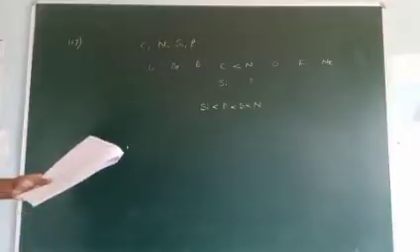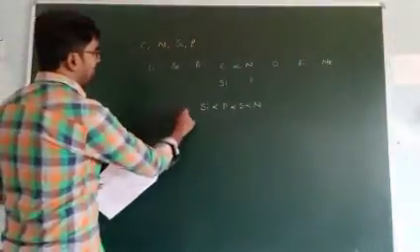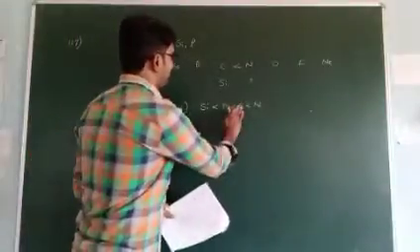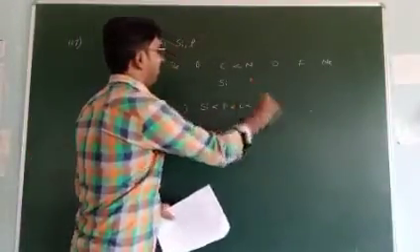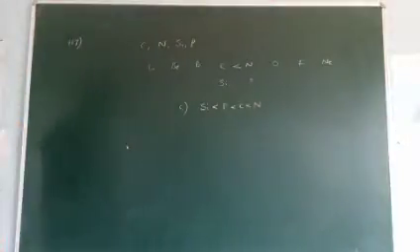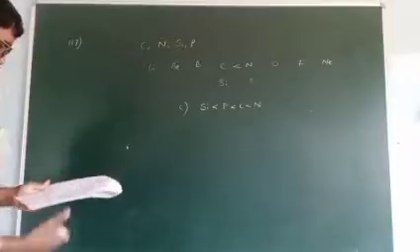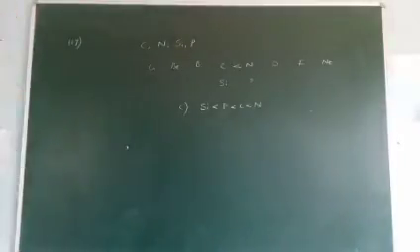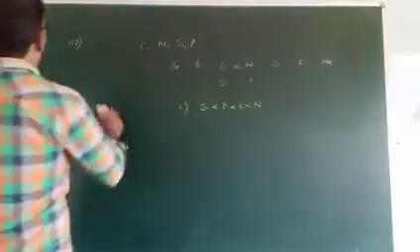Now check the options. Option C is this one: silicon, phosphorus, carbon, nitrogen. So this is the answer for question 117. Okay, electronegativity MCQs are completed. The remaining MCQs you have to solve at home.